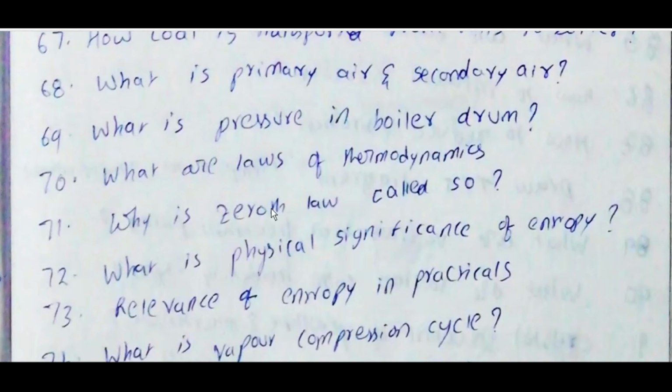What is primary air and secondary air? Primary air is supplied to the furnace with fuel, and it controls the rate of combustion as well as the amount of fuel that can be burned. Secondary air is introduced into the furnace as additional air above or around the flame to promote combustion.